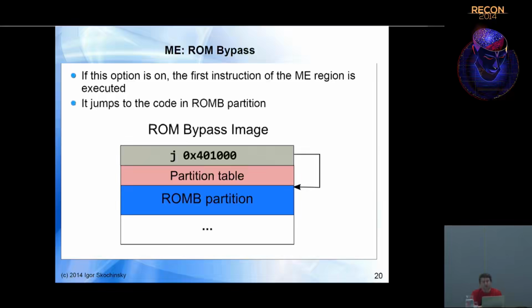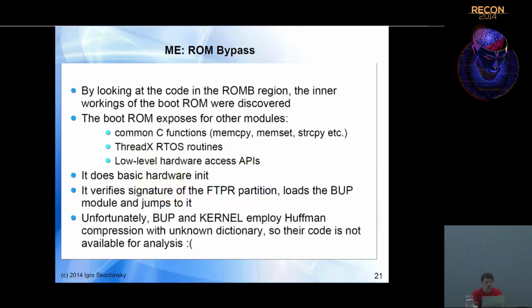So if this option is enabled, as I said, the chip does not use the boot ROM, but it jumps directly to the ME region, and the ME region happens to have a jump instruction in the beginning, just before the partition table, and so this jump goes to the ROM B partition and starts executing the code. So I looked at that code, and I saw basically all the tasks that I usually performed by the boot ROM. For example, I could see all those common C functions, memcopy, memset, and so on. I could see the implementation of the ThreadX RTOS routines, low-level access API. I also could see the functions that perform signature checking,